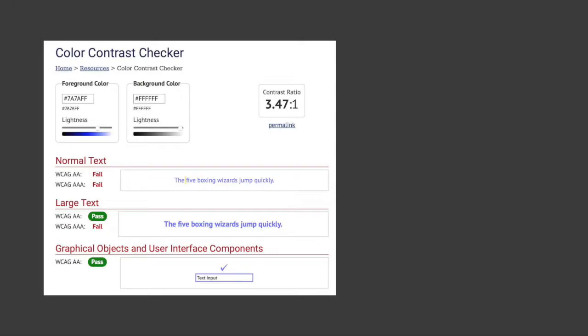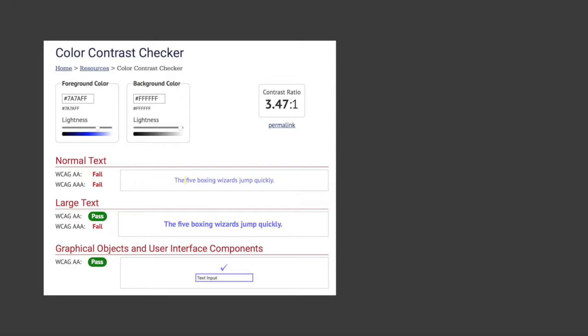And essentially there's AA and there's AAA. AAA is really extreme contrast if you're really, really focused on specialty populations. We strive at least for AA. And basically what that means is, you might really love a design because it's got some subtlety of color.